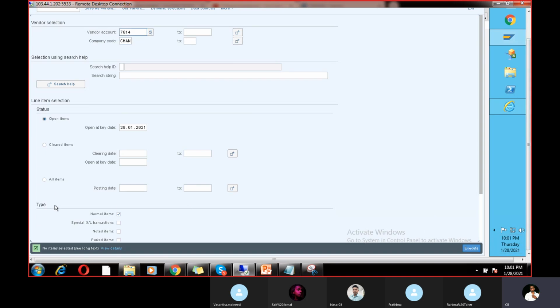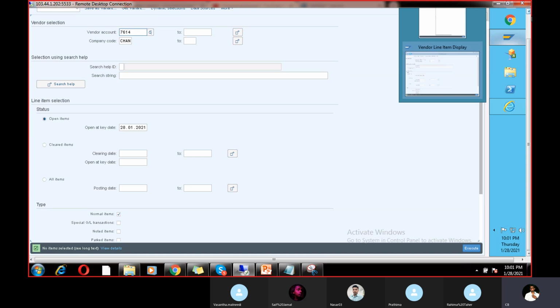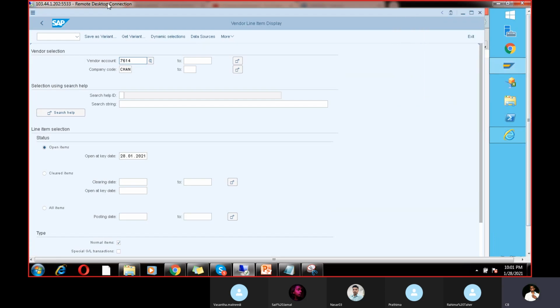So there is no open item, right? That means you cannot pay anything. If there is an open item, then the automatic payment program will pick that invoice. If there is no open item, that means you cannot pay anything. This is one error. And the second error,